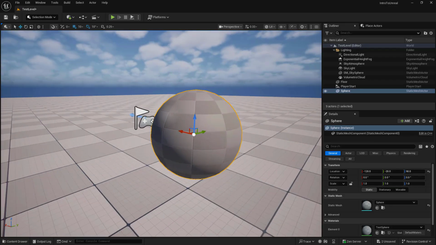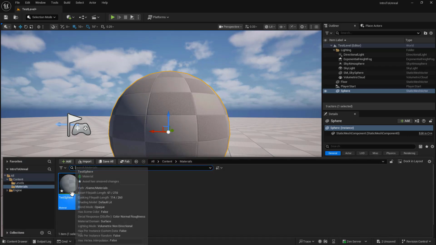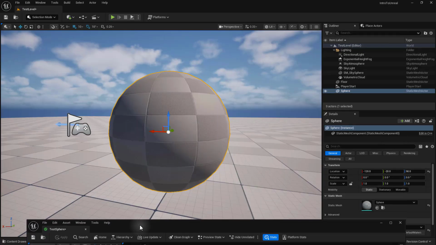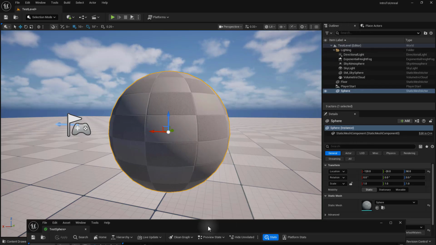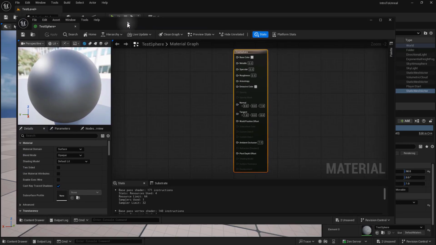So there we go, that is the basic material applied to the sphere, but again, we probably want to change how it looks, because right now, it's very basic. So what we're going to do is, inside of our content drawer, we are going to double click on the material. And what this is going to do is open up a new editor. Okay, Unreal, as I mentioned before, is divided up into a number of different windows. We have our level viewport, we have our outliner, we have our details window, and these together form the level editor. This is where we build and construct and edit our levels. But what if we want to construct and edit materials? Well, we don't do that in the level editor, we do that in the material editor,